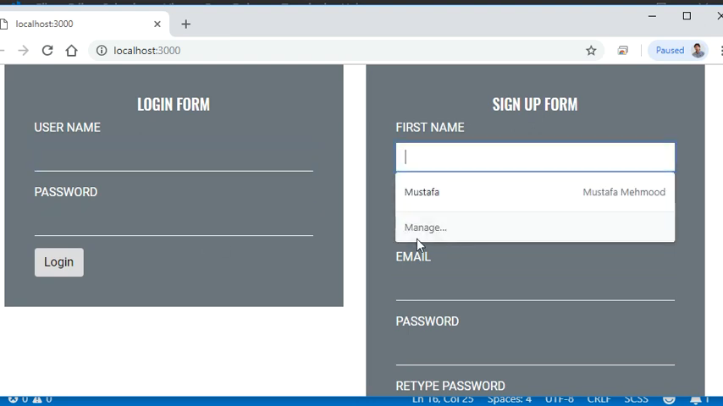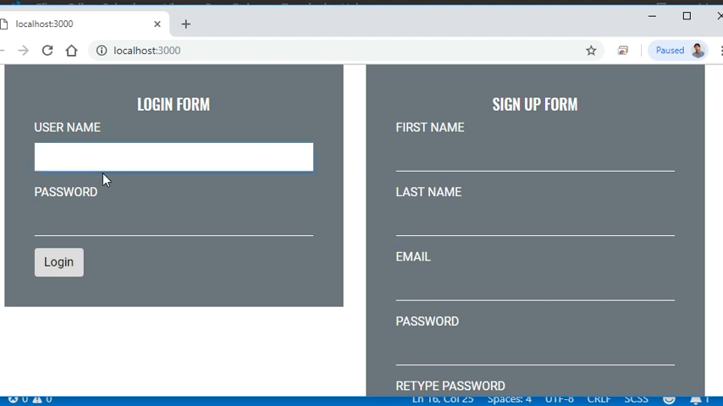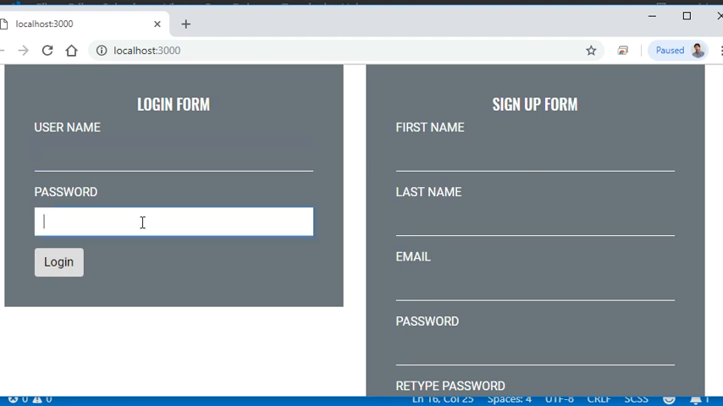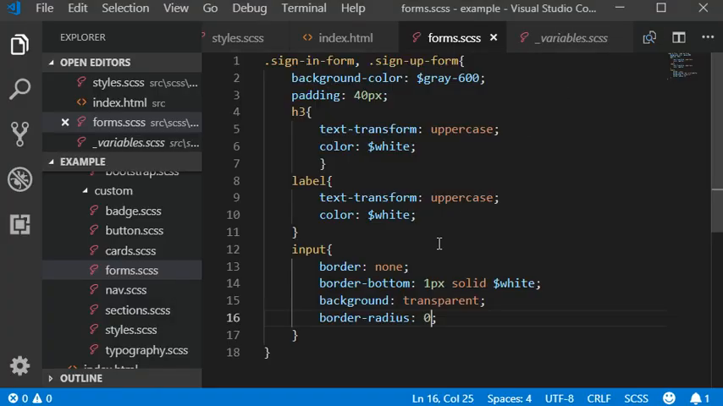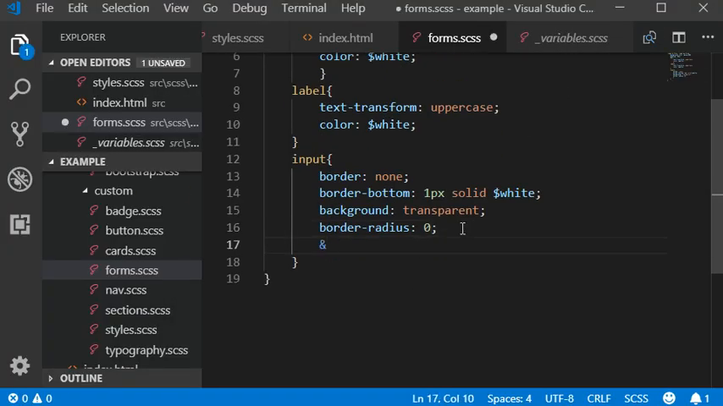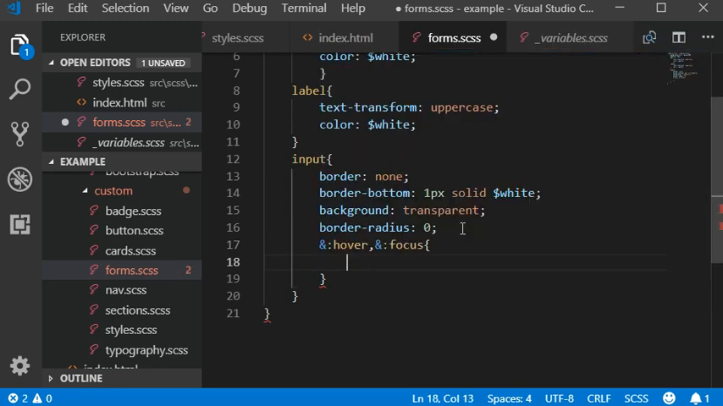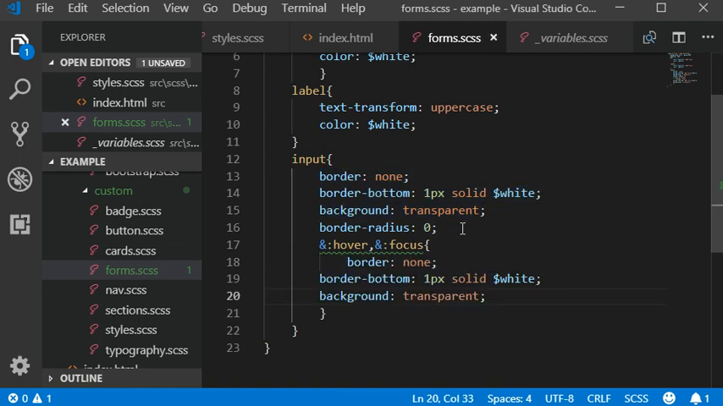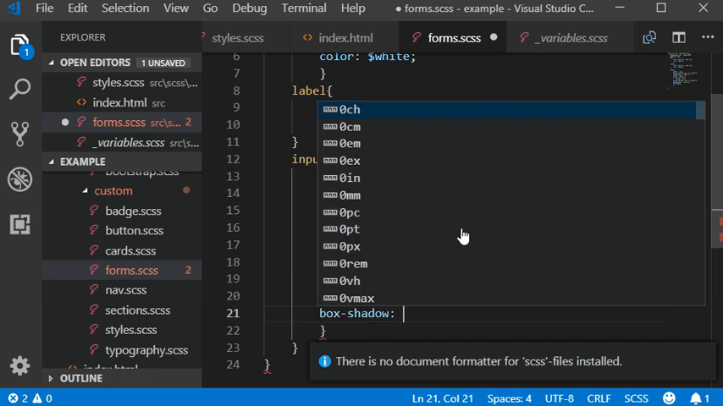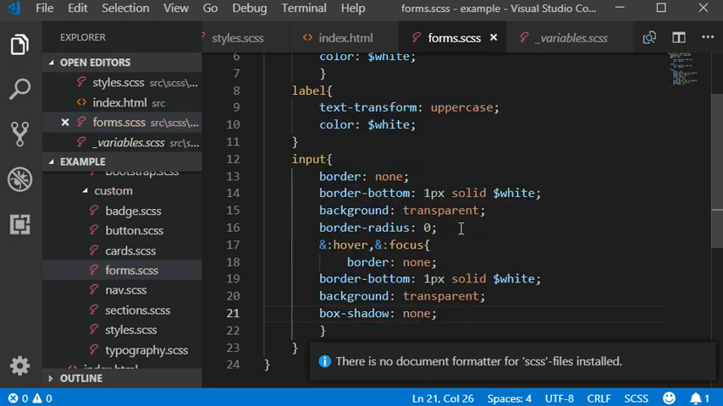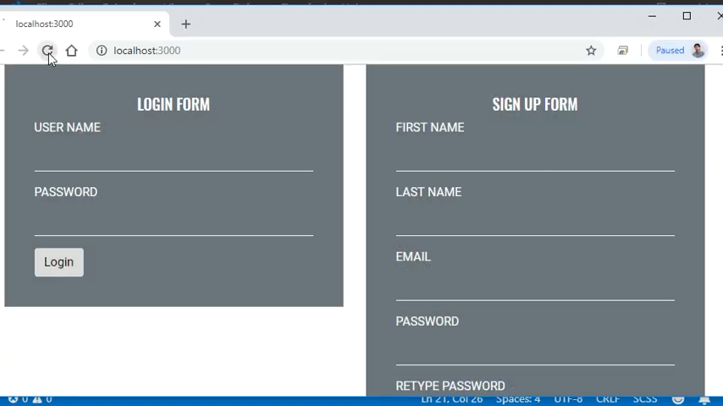So if you want to get the hover effect and a focus, something like a simple primary line, you can add input and hover, and then focus should be the background, something like this, and box shadow none. So now we have created our simple